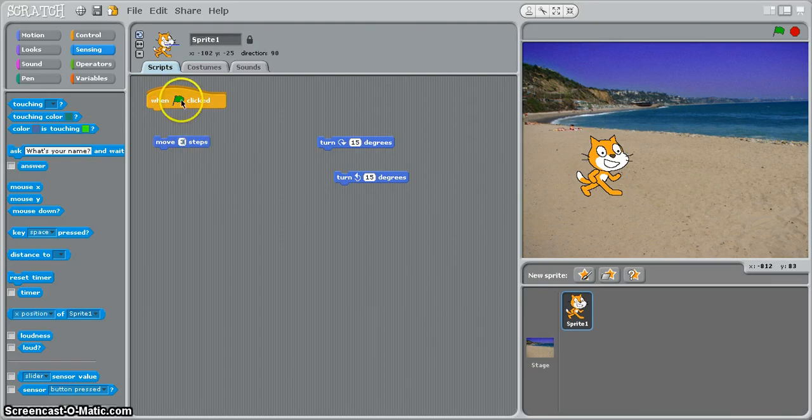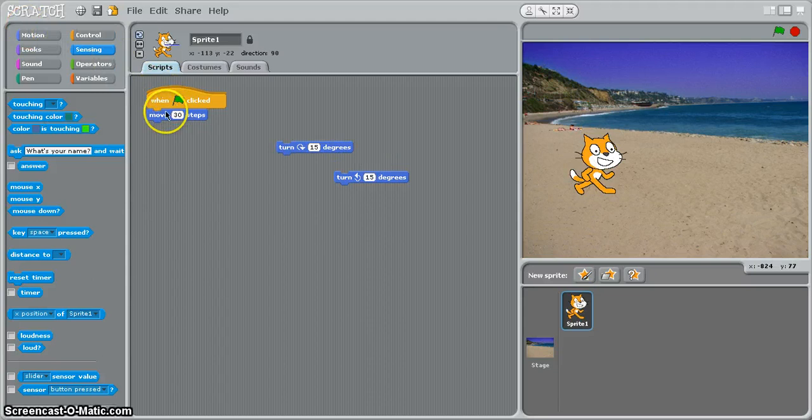Let's make it 30 steps. So now we have 30 steps. So we're going to click out of that, and then plug that back in. So now he's going to move more. So now that he's moving more, we can make it so it repeats this